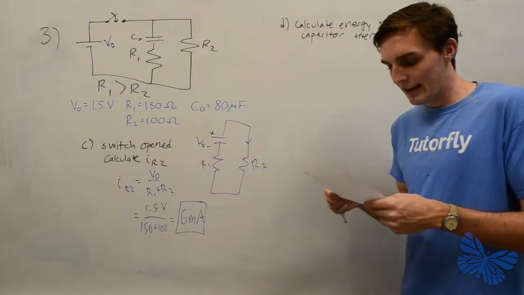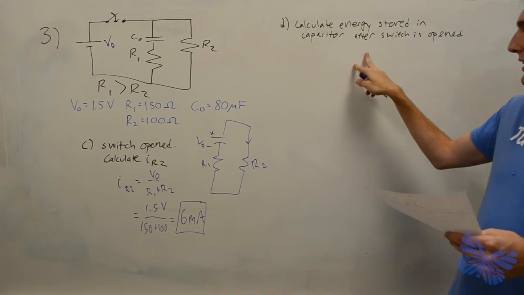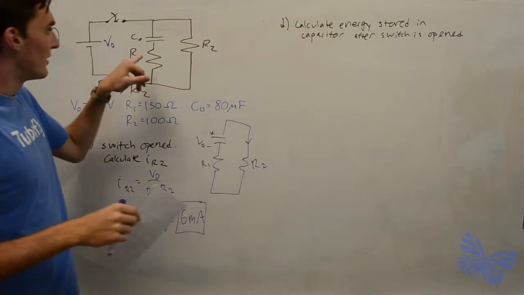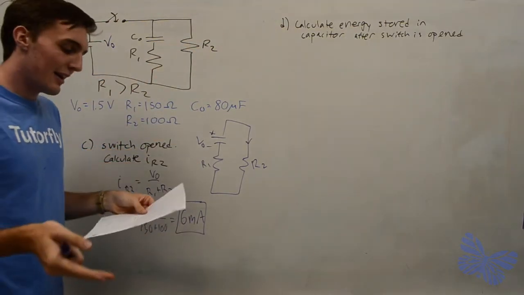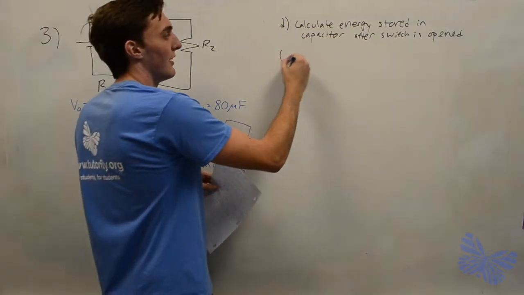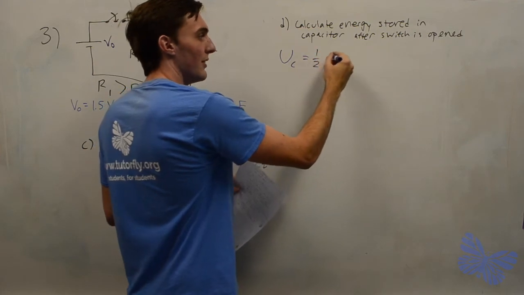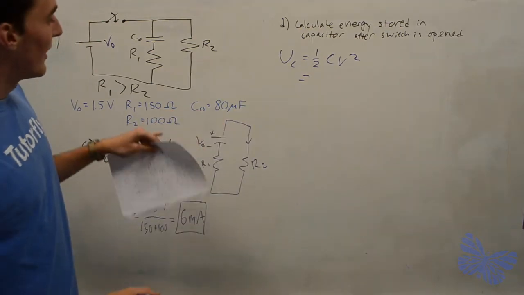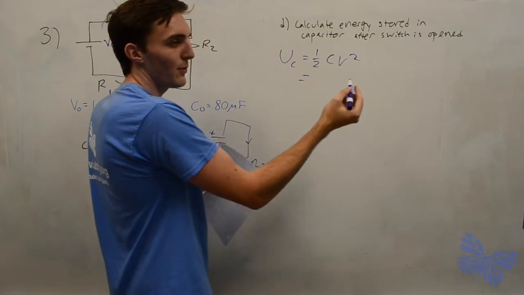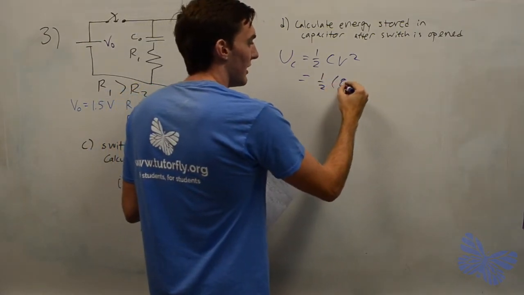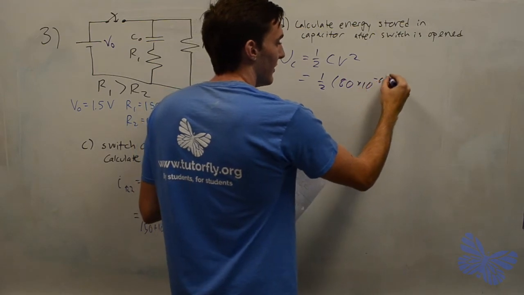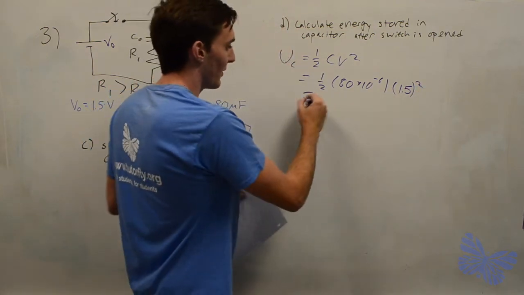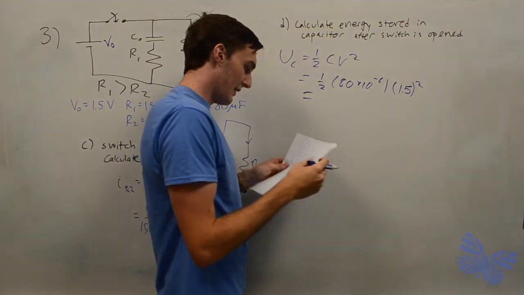Alright, and then for part D, it asks you to calculate the energy stored in the capacitor immediately after the switch is open. So you know that the voltage across it in this case is V0, and then just looking at the equation sheet, it gives you that the energy in the capacitor is equal to 1/2 CV squared. And so you can plug in these values. So C is 80 microfarads, V0 is 1.5 volts, so you get 1/2 times 80 times 10 to the negative 6, and then times 1.5 squared, and so you work that all out and end up getting 90